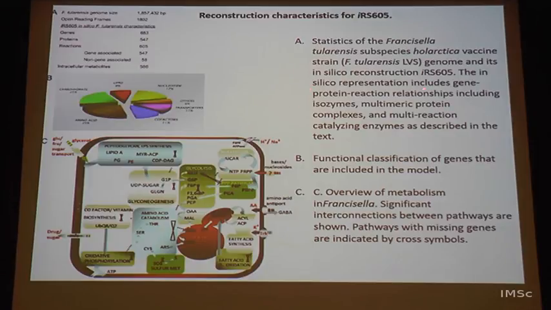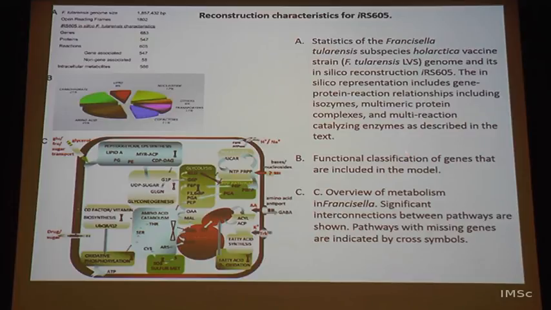The in silico representation includes gene protein reaction relationships. That is the first step of creating a flux balance model. You need a gene, gene to protein, and protein to biochemical reaction mapping. GPR associations are important. Sometimes a single gene is not adequate; you require gene 1 and gene 2 to make a protein. You require 2 proteins to make a biochemical reaction, and a given protein can be involved in multiple biochemical reactions. So it is a bit complex as a picture.